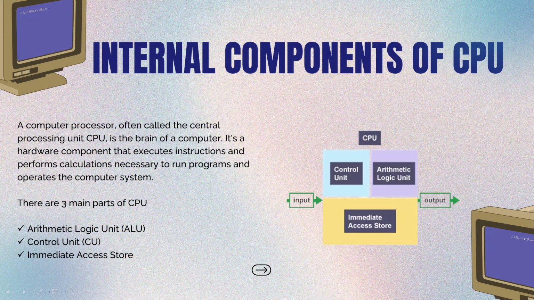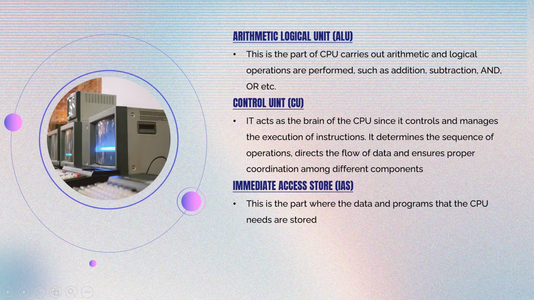A computer processor, often called the central processing unit (CPU), is the brain of a computer. It is a hardware component that executes instructions and performs calculations necessary to run programs and operate the computer systems. There are three main parts of CPU: arithmetic logic unit, control unit, immediate access store. And the definitions of the three parts here given are: